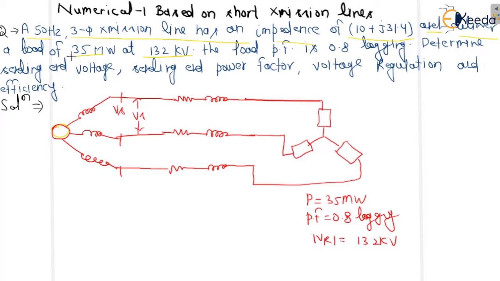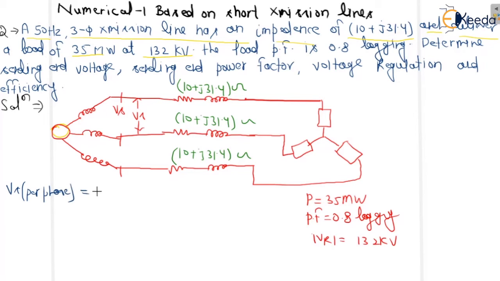So now what is being asked is Vs, so first we will find the value of Vs. I am writing here the value 10 + j31.4 ohm, and we always know that impedance is used on a per phase basis, so you do not need to mention it. If per phase is not mentioned, you have to understand that this impedance has been given in ohm and as a per phase value. So now we have all the values. To calculate Vs, we have to calculate Vs per phase.